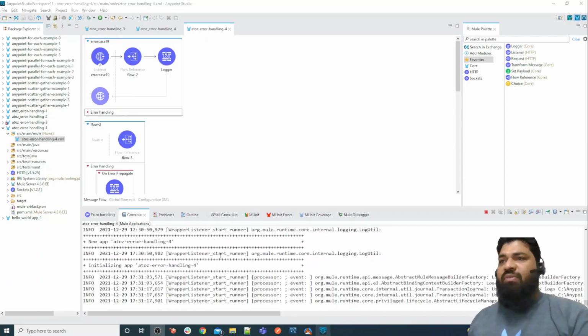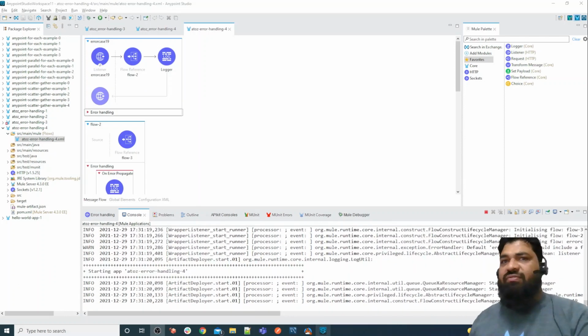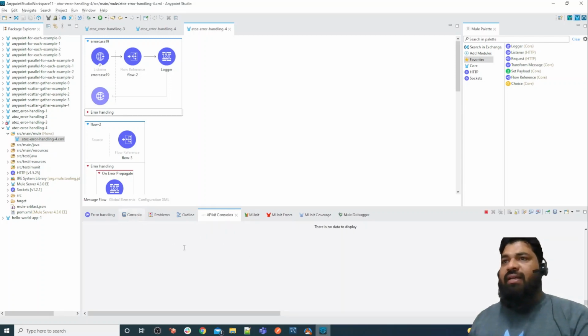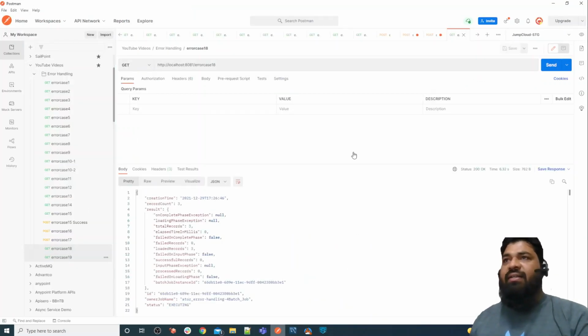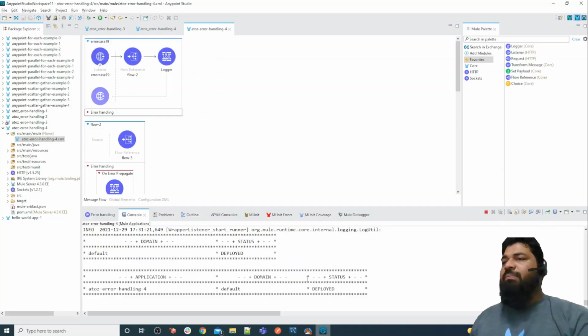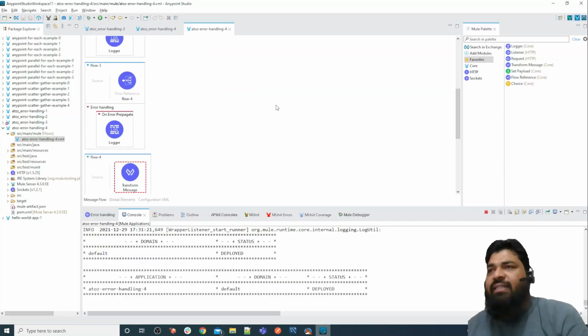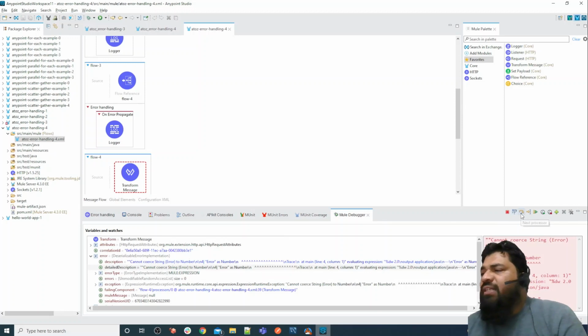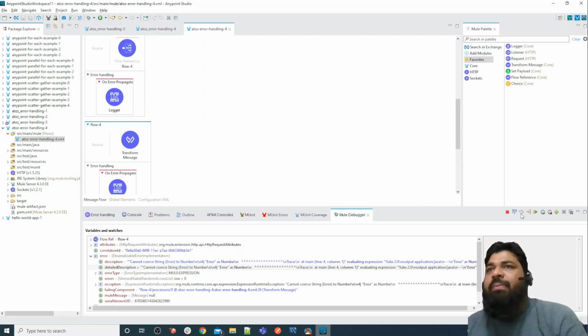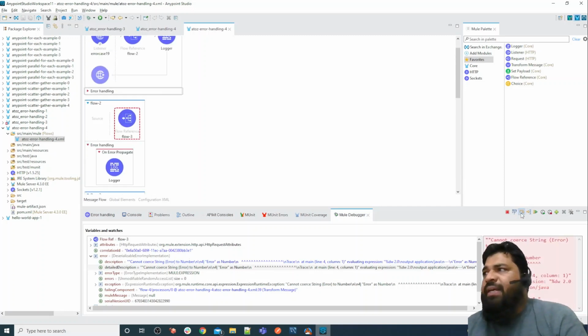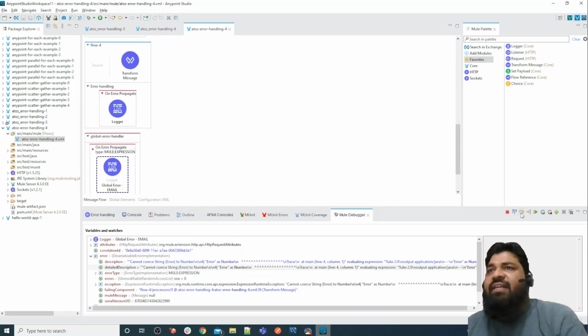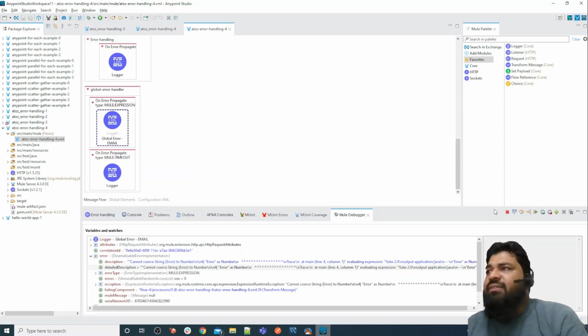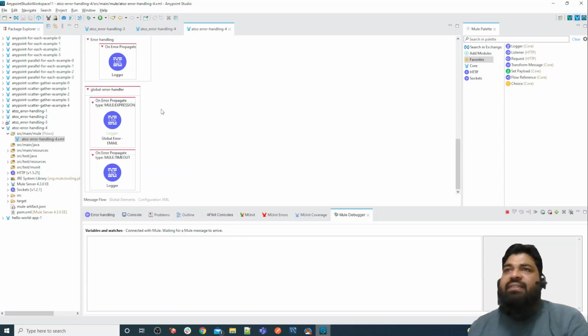So this is all from my side. Let me show you how it works. Yes, this is deployed, error case 19. It will propagate the error to how many levels. That's what I actually want to show: there is a limit in Mule 3, but there is no limit in Mule 4. So it propagates to 4, then propagates to 3, then propagates to the 2nd. And at the 2nd we have a default error handler, and the default error handler is executed.